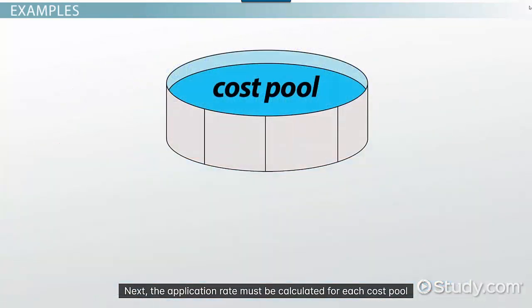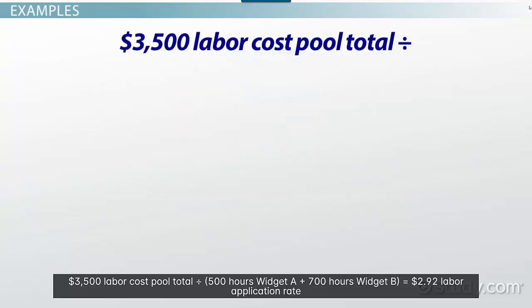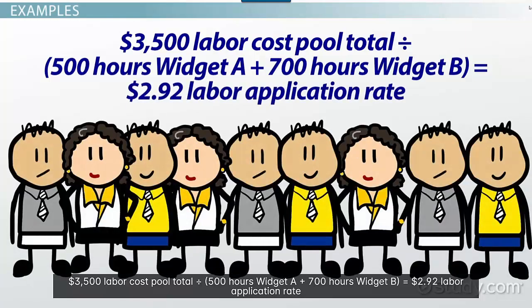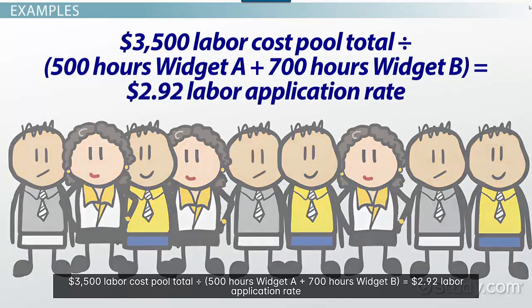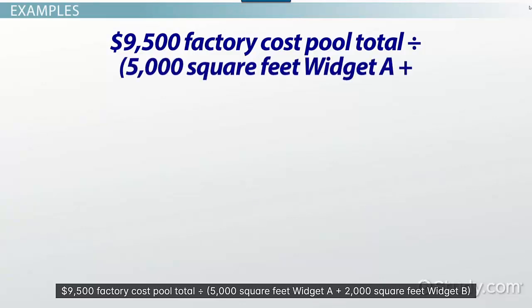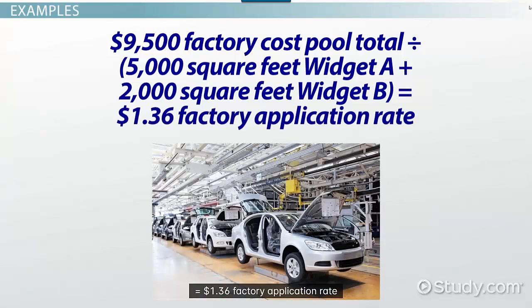Next, the application rate must be calculated for each cost pool by dividing each pool by the associated cost driver. $3,500 labor cost pool total divided by 500 hours widget A plus 700 hours widget B equals $2.92 labor application rate. $9,500 factory cost pool total divided by 5,000 square feet widget A plus 2,000 square feet widget B equals